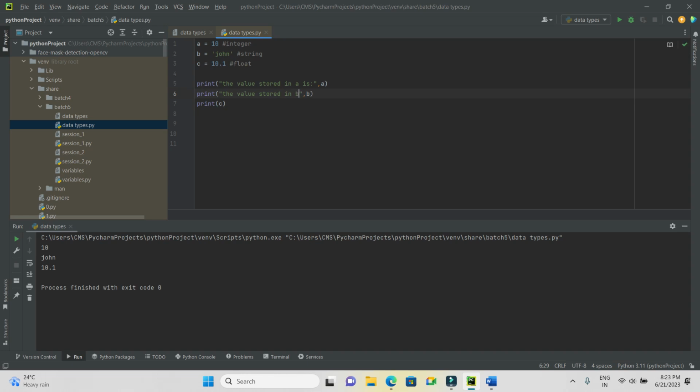Whatever I give in between double quotes will be printed as it is. The value stored in C is